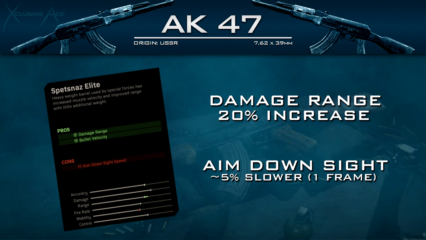We also get improved bullet velocity, so that's going to help hitting moving targets at longer ranges. However, both of those come at the downside of a very slightly slower aim down sight time. This is about 5%, or 1 frame slower. Overall, it's not a bad barrel by any means. As long as you're using some other attachments, it will offset the reduction to your aim down sight time, because your base aim down sight time is already pretty slow, so you generally don't want to make it much slower